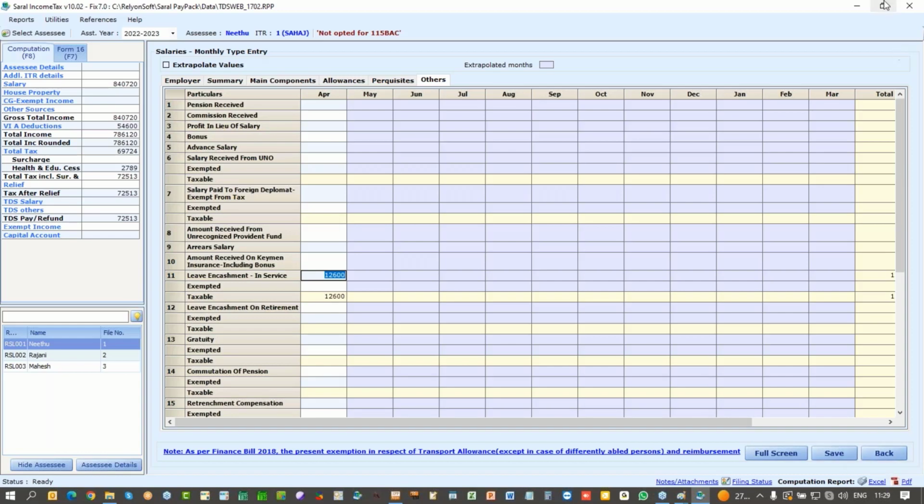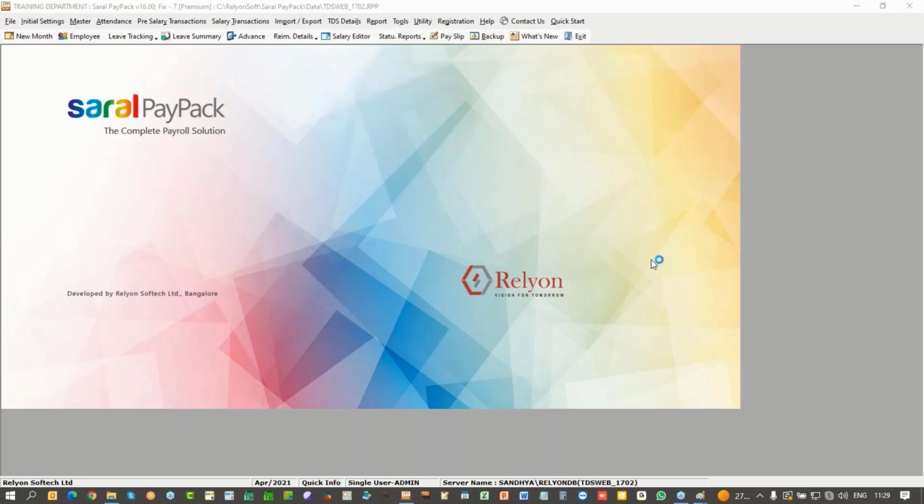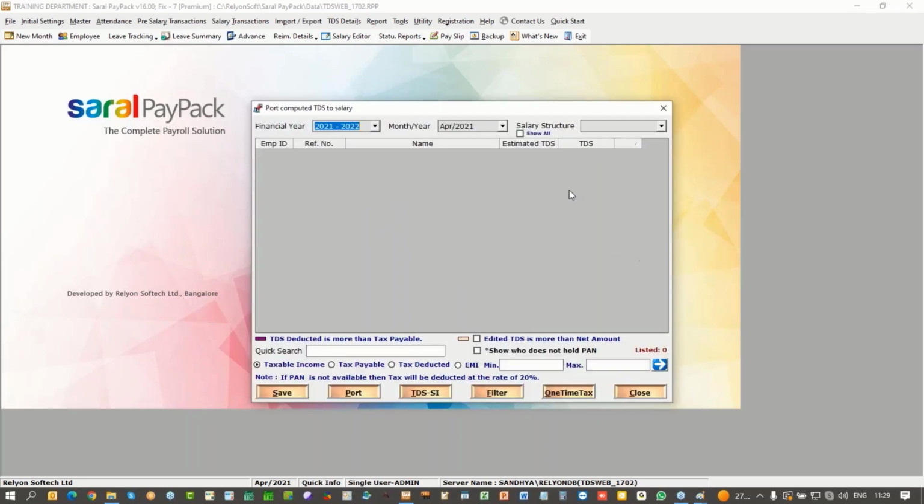Okay, so if everything that is shown is perfect, I can come back and I can say port computed TDS to salary. Now the TDS, that is the tax whatever has been computed. Now 1/12 of the part, because it's the first month of the year, 1/12 of the income tax has to be considered as a TDS and deducted from the salary. So I am now instructing the software for port computed TDS, that is I am instructing it for calculating the TDS value and putting it across to the salary